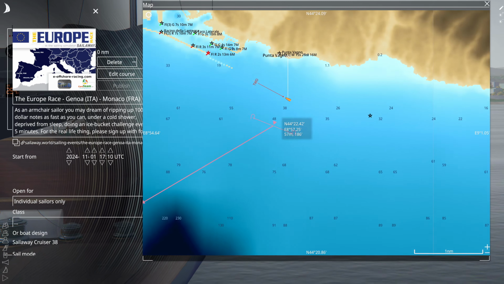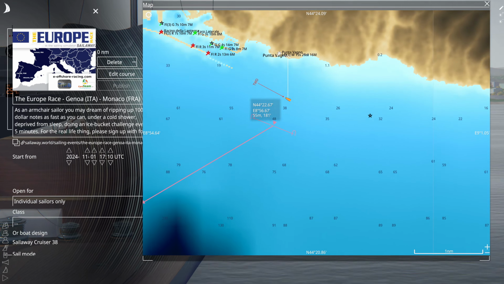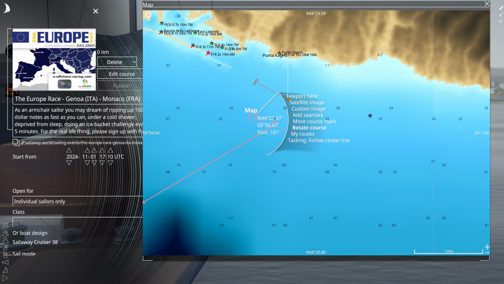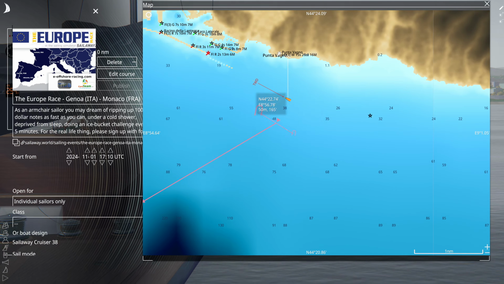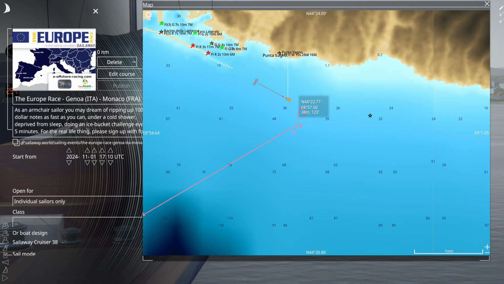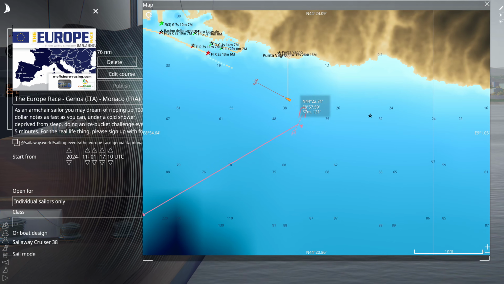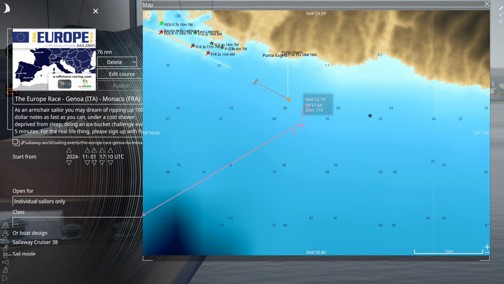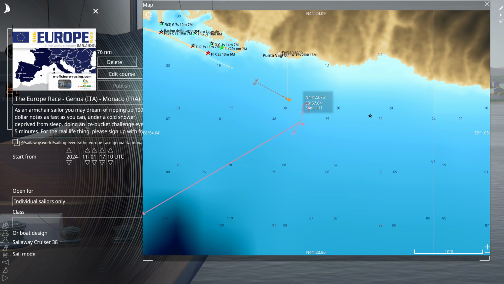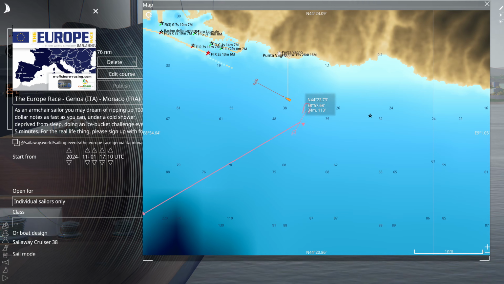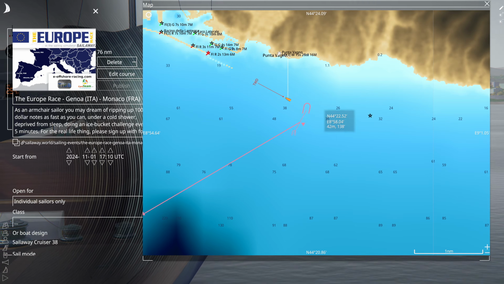Alright, so we just have to rotate the race course. We're going to take that mark, move the course mark. If we rotate the whole course, then the finish is going to be moved from Monaco to somewhere we don't know. Not a good idea. So this is the start line. Obviously now the